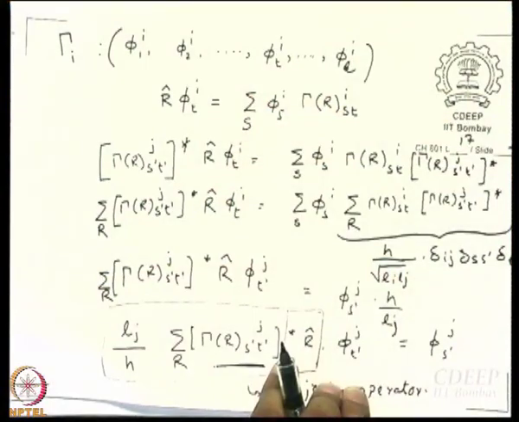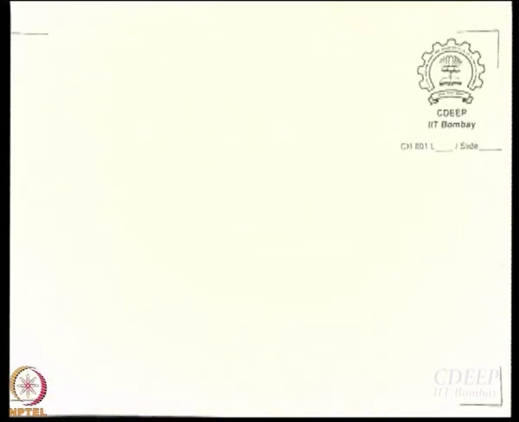Let me write it once again. And let me tell you something, we don't really care about the Li by H as well. Even though in the definition everywhere Li by H is written, we don't really care about it, that is only a number. As we will see, that number is irrelevant, because in any case whatever SALC we generate, we have to normalize it. So the number doesn't matter. So I won't even write the number, even though that is going to be at variance with what is written in all the textbooks.